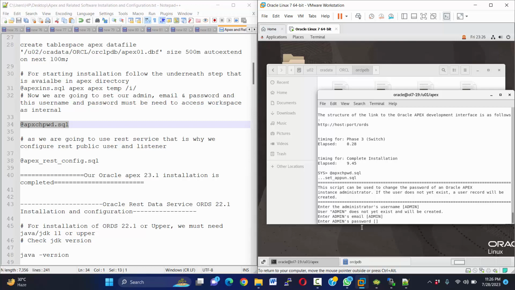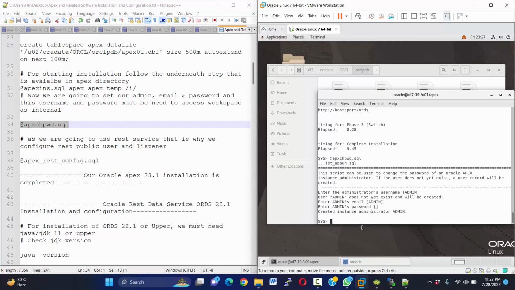It's important, you must remember it, and it's very needed when we will access our workspace by the internal user. So let's type password. Okay, my password has been changed successfully,